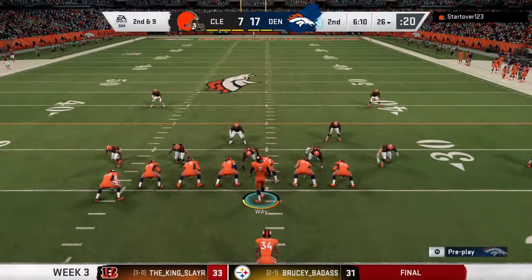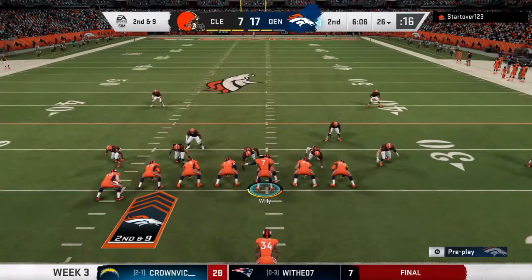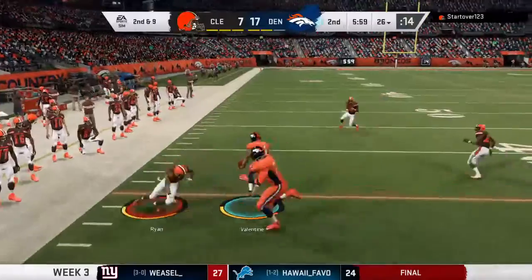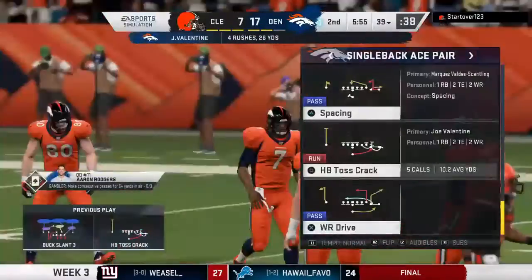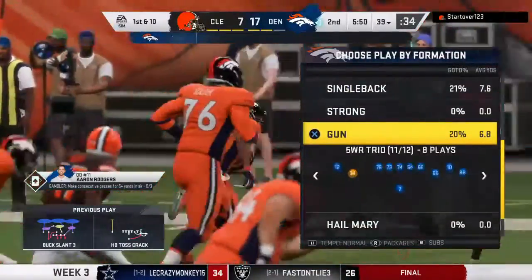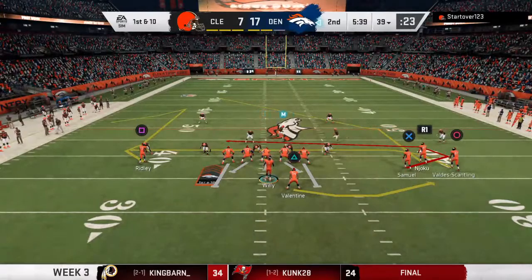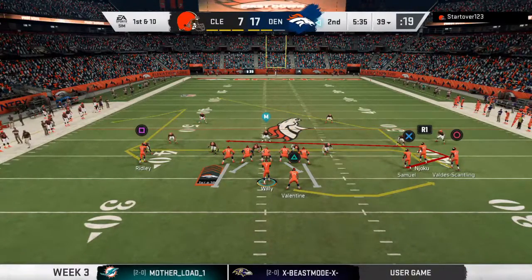Here's 2nd and 9, just a yard on that last run. They'll try the left side. Valentine. And he gets this one just shy of the 40, down at the 39. A gain of 13. It's a first down. A couple of very nice carries to start this drive out. Yeah, 2 first downs. And how about that second one? What a nice run on that particular play. I'm telling you, they're going to start to think that this game is easy if they continue to rip off